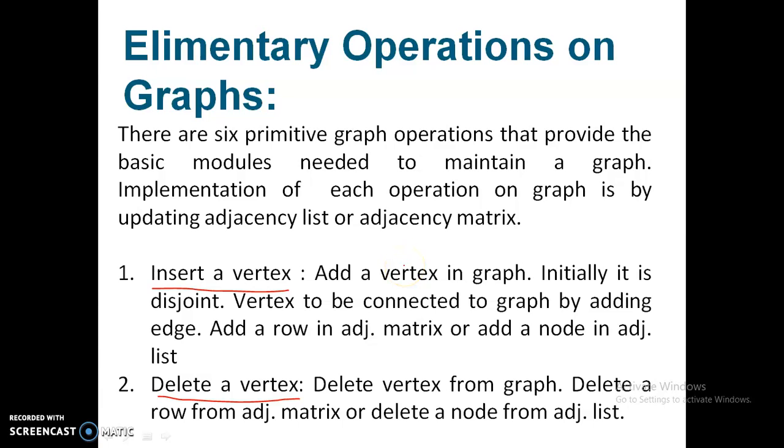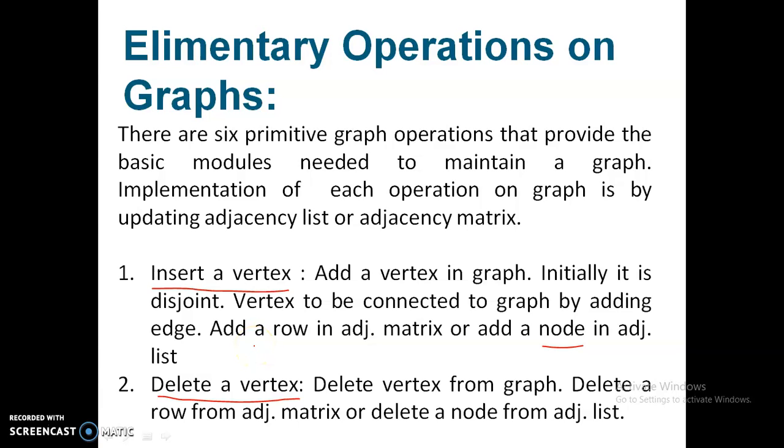Initially it is a disjoint node because we don't have any edges to this new vertex. Once you want to connect a vertex to the graph, we need to add an edge. Whenever you add a vertex to the graph, we need to update the adjacency matrix by adding a new row, or we can add one new node in the adjacency list.